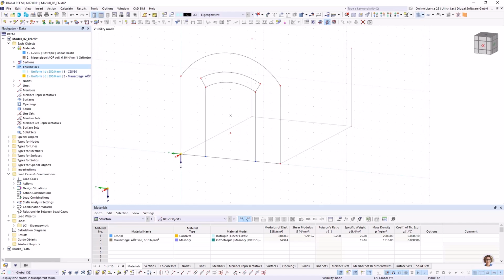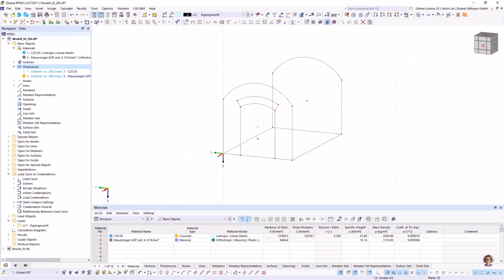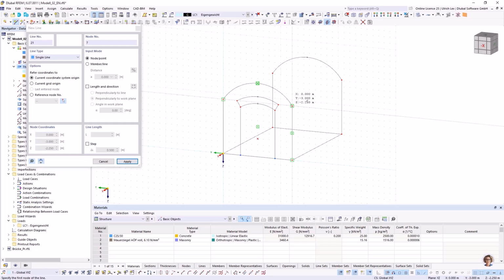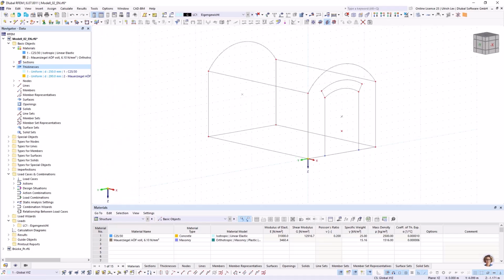So that's easy modeling. I can cancel this visibility mode. I can select the structure and copy it. I can add here some lines. And my easy building is ready. I can save this structure, and after that I will continue with creating